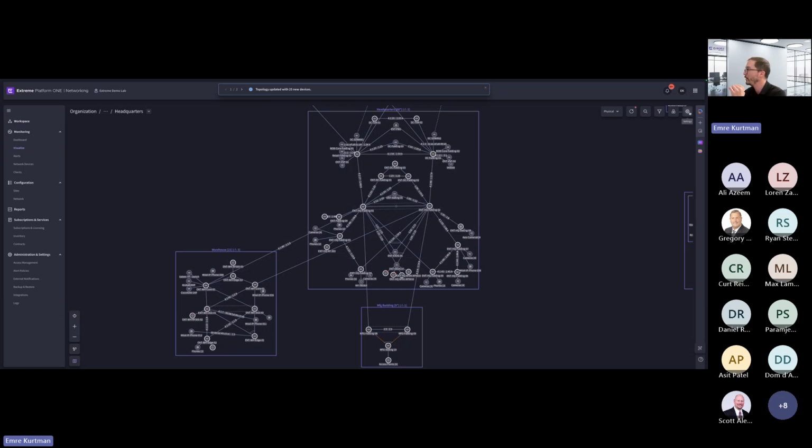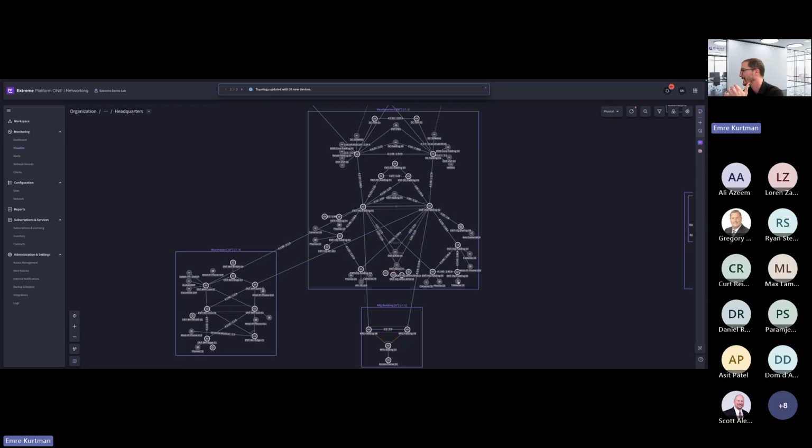So another important point, and this is also one way of integrating or having third-party visibility: we don't only display the devices that are natively onboarded to our Platform One system. You can also visualize LLDP neighbors, and you can selectively visualize your LLDP neighbors. So if you want to only visualize, let's say, your cameras, then you just click on the cameras and apply, and everything else is gone. Now I can visualize my connected cameras in my network.